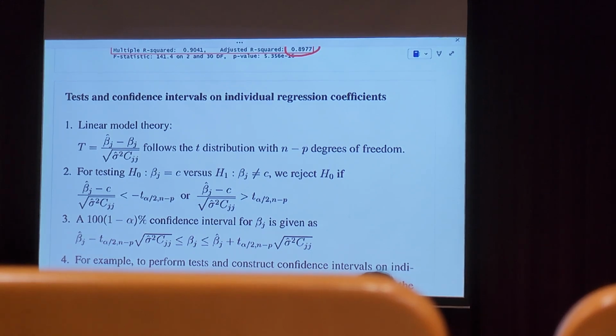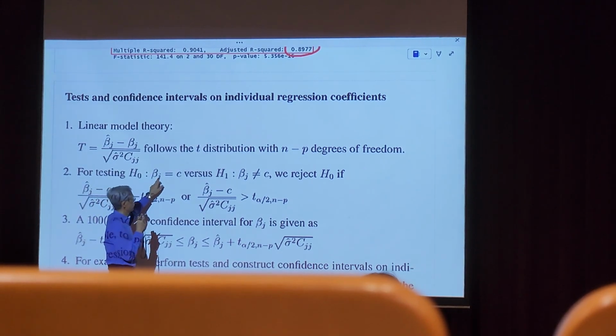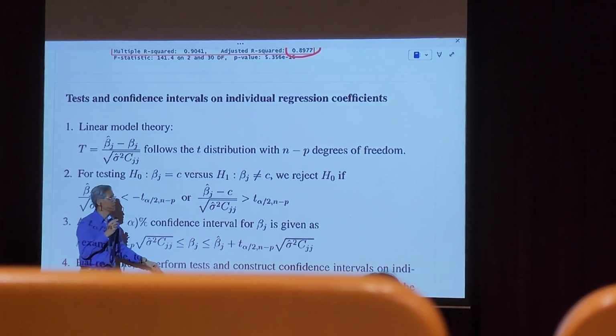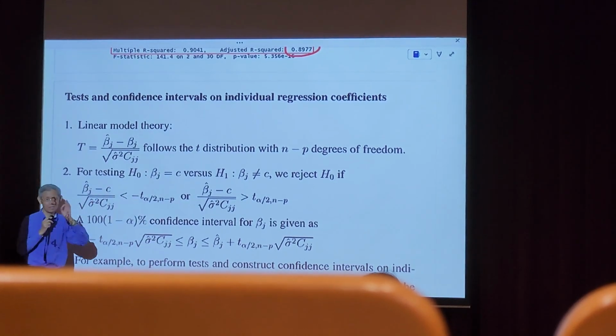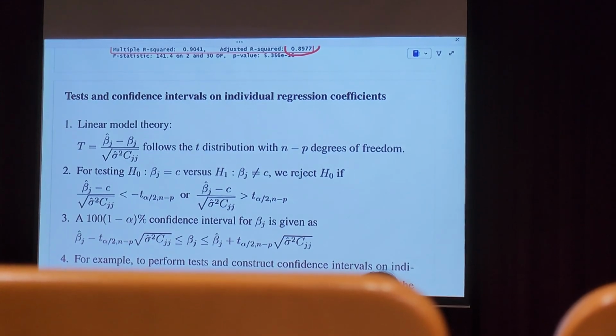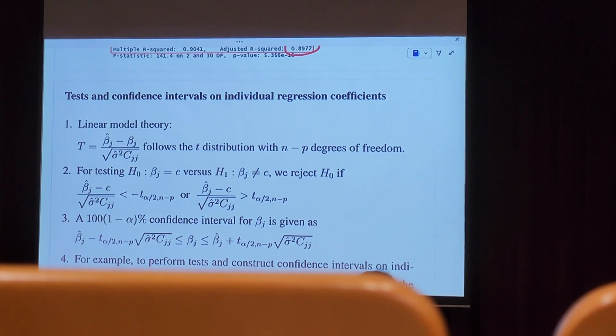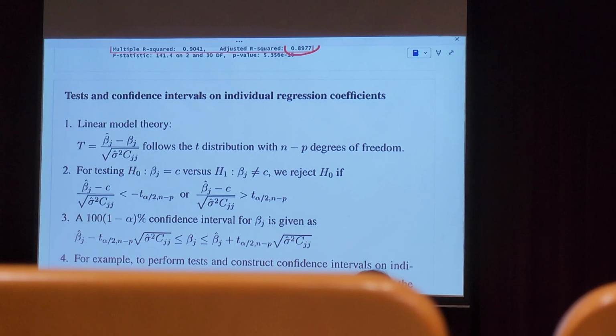That's why we need to proceed to test individual ones, beta j, and j can be from 1, 2, 3, up to 10. Now, in order to do that test, we need a few things. Number one,